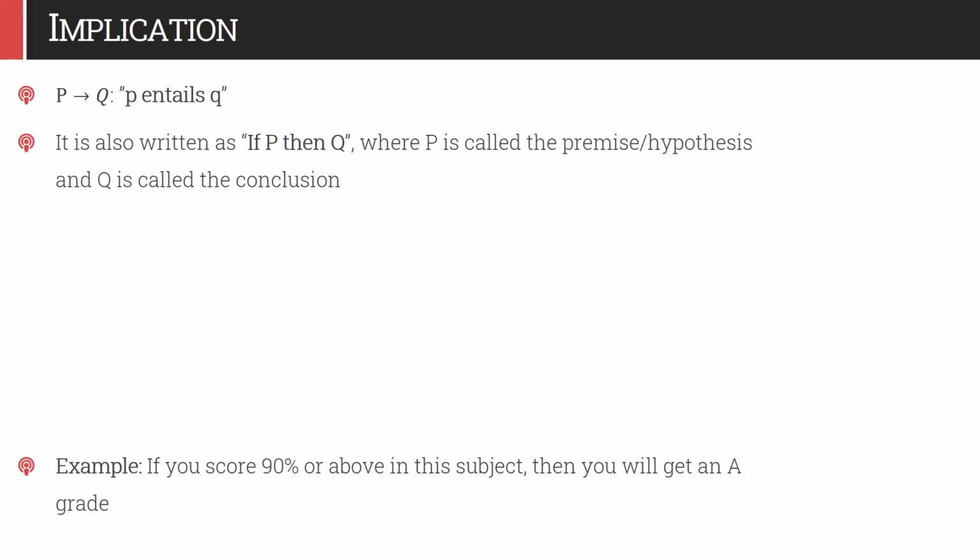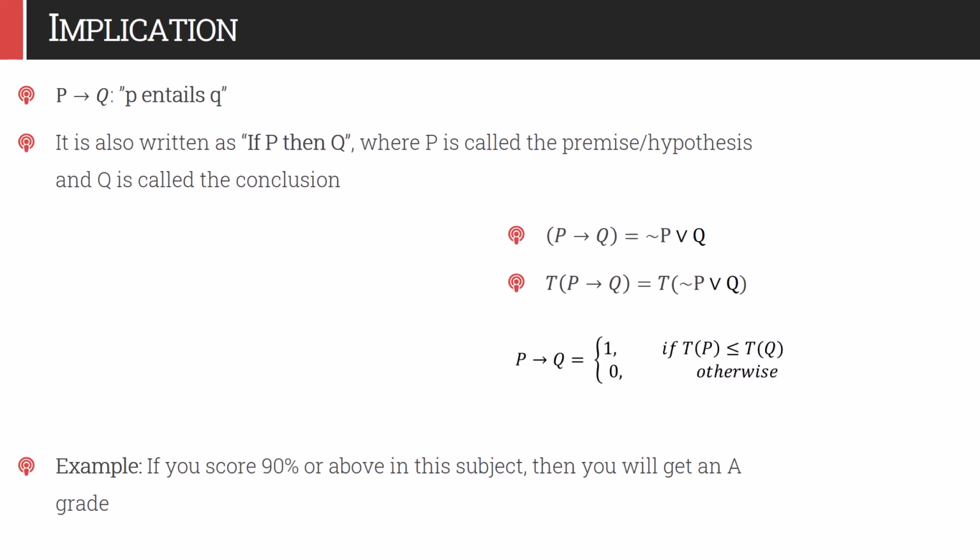So we can represent such rules in P entails Q format, and P entails Q is equivalent to not P disjunction Q, and the truth value of P implies Q we can compute in the same way. We will take the truth value of not P union Q. This is a very popular formula. You should remember it, we are going to use it in many places. And in another way, we can say that P implies Q will take value 1 if